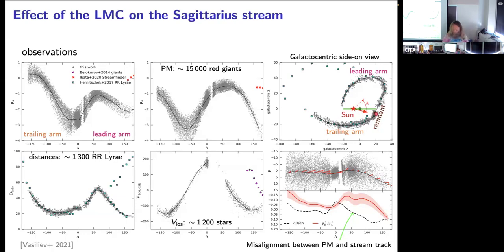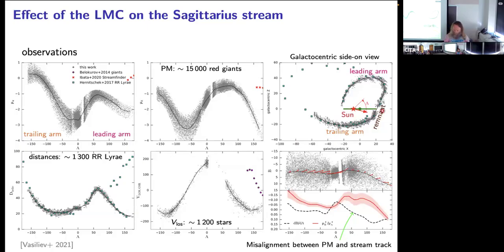So this is the progenitor Sagittarius galaxy sitting below the galactic plane and behind the galactic center. And the coordinates here go like this: the positive lambda is the leading arm of the stream, and the trailing arm is the negative lambda. So all the quantities here are plotted as a function of lambda, and the stream spans more than 360 degrees